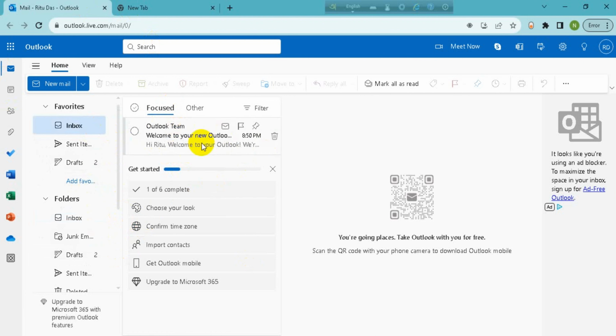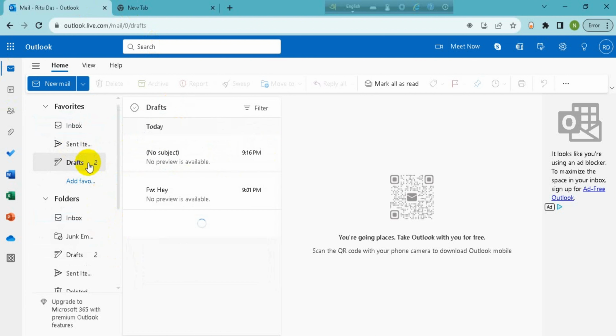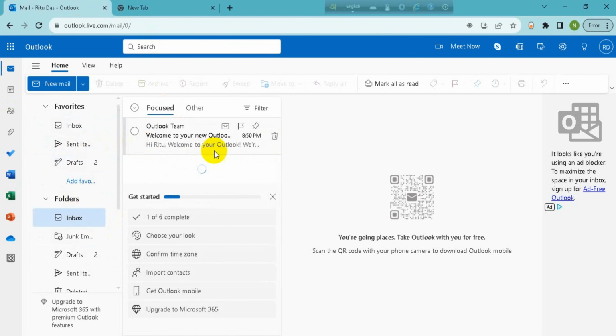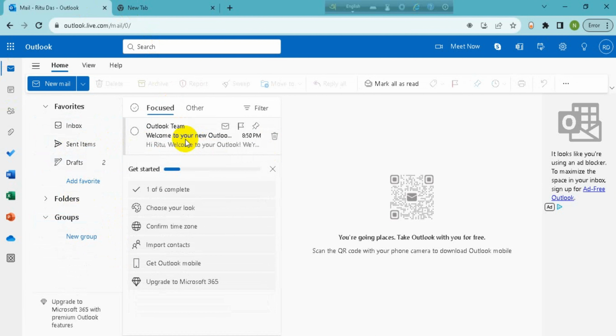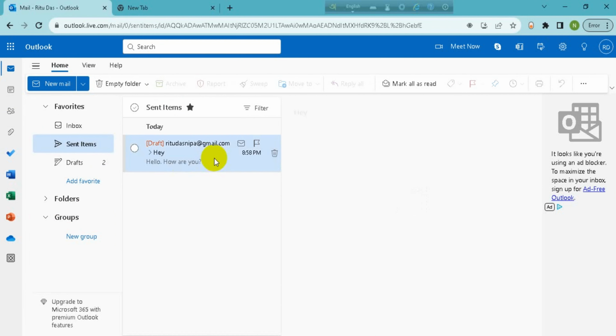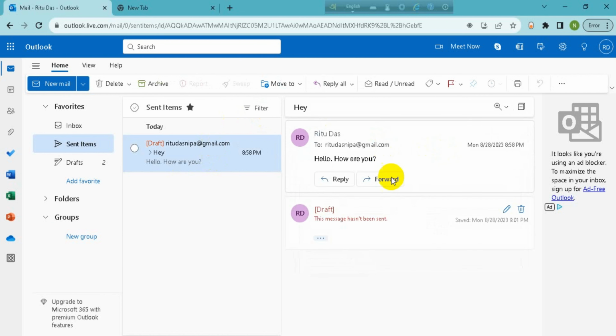So I'll choose this one. Then you can see there is a forward option here, or in this three-dot icon you have to tap on forward